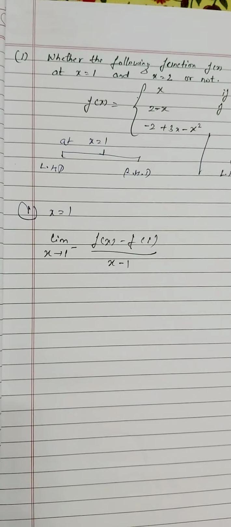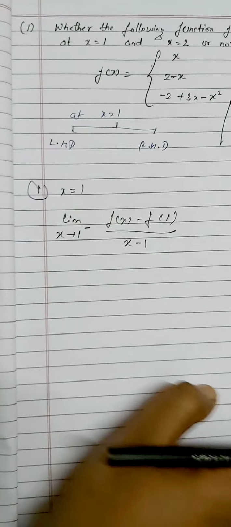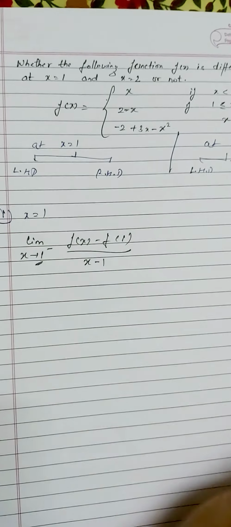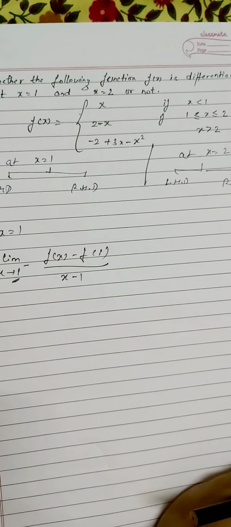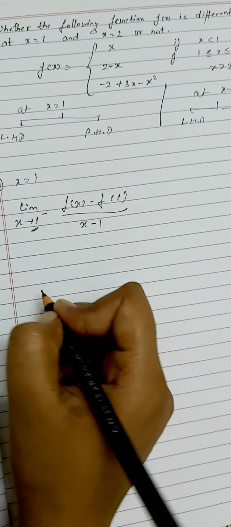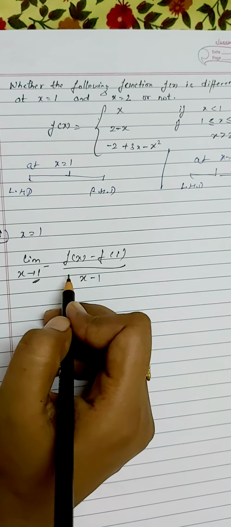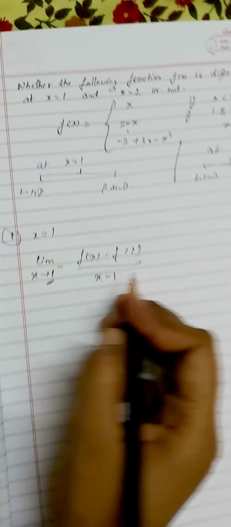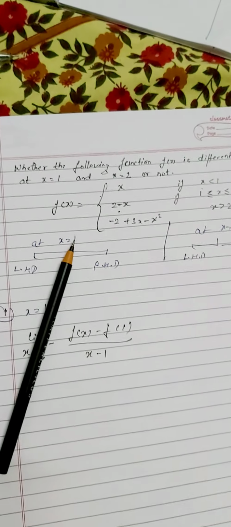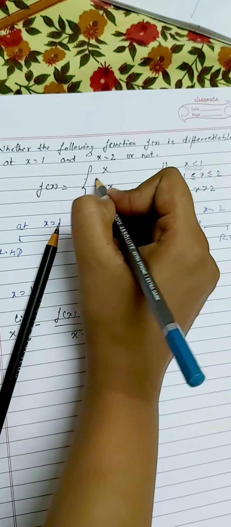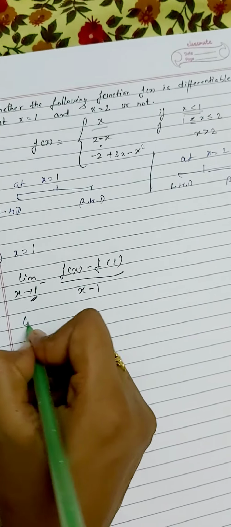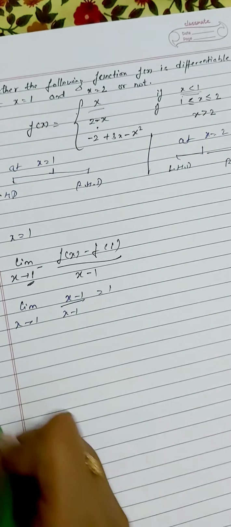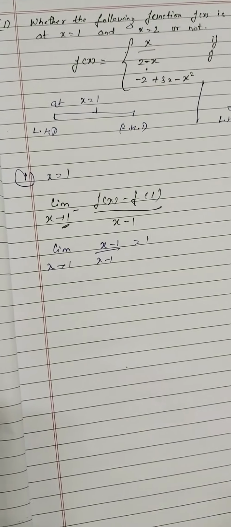Here f(x) is x for x less than 1, my mistake, I had not seen it. So it is limit x tends to 1 of (x minus 1) divided by (x minus 1), which is 1. Now checking for the right hand